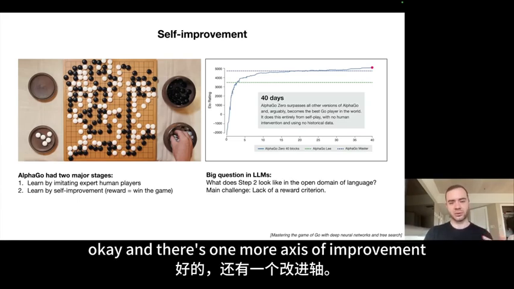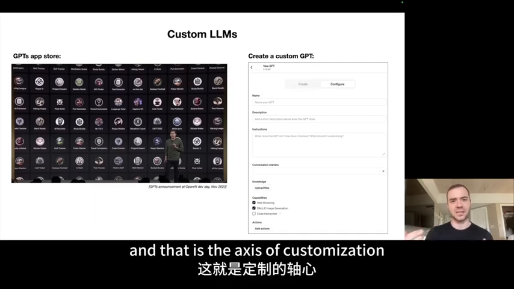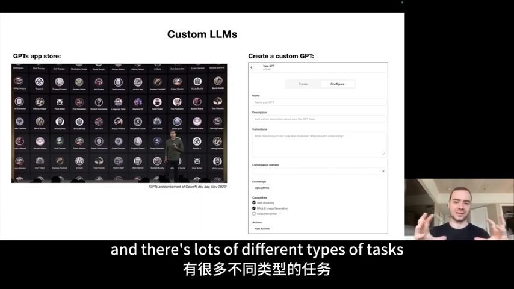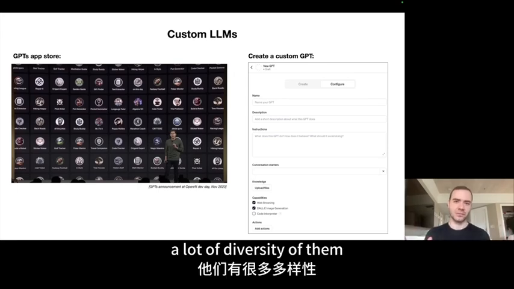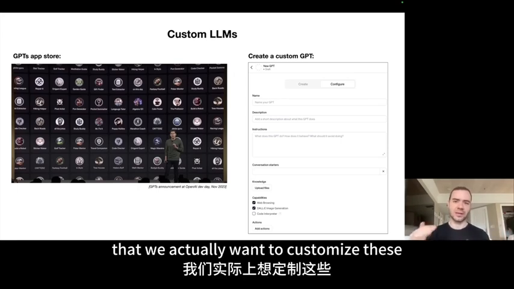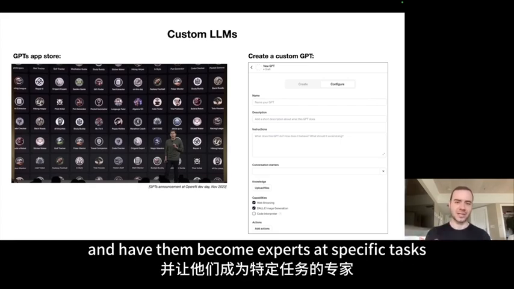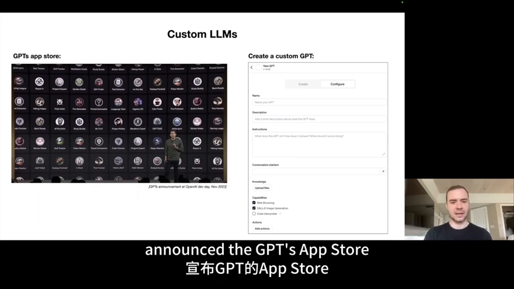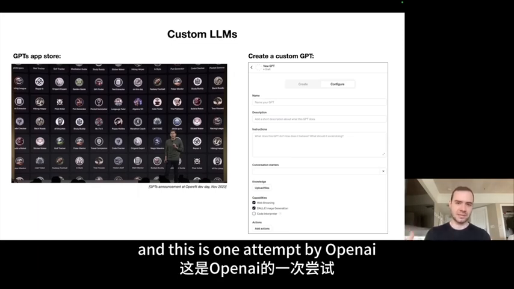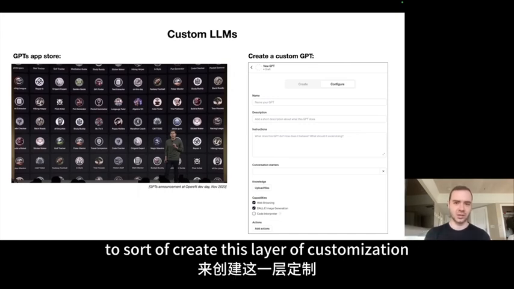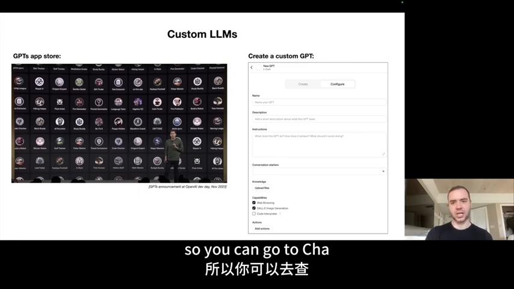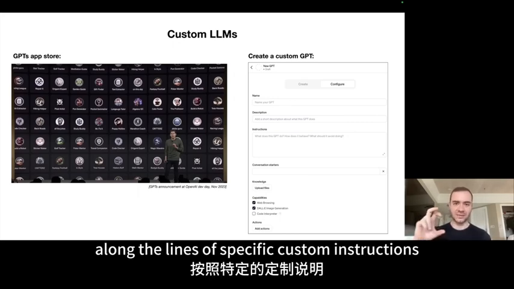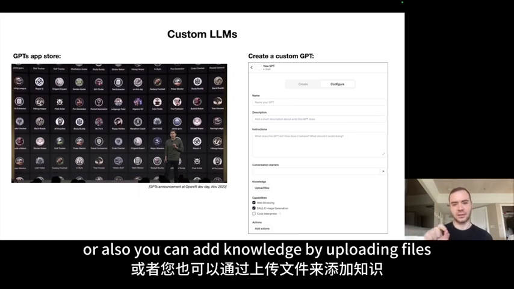Okay, and there's one more axis of improvement that I wanted to briefly talk about, and that is the axis of customization. As you can imagine, the economy has nooks and crannies, and there's lots of different types of tasks, large diversity of them. And it's possible that we actually want to customize these large language models and have them become experts at specific tasks. As an example here, Sam Altman a few weeks ago announced the GPTs App Store, and this is one attempt by OpenAI to create this layer of customization of these large language models. So you can go to ChatGPT and you can create your own kind of GPT. And today, this only includes customization along the lines of specific custom instructions, or also you can add knowledge by